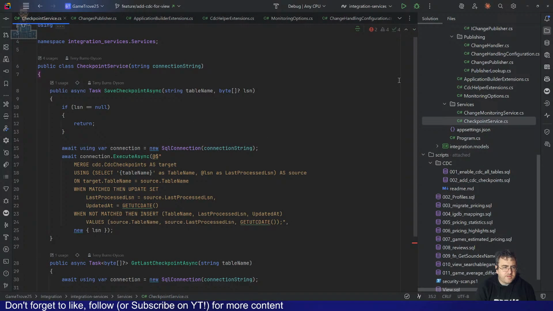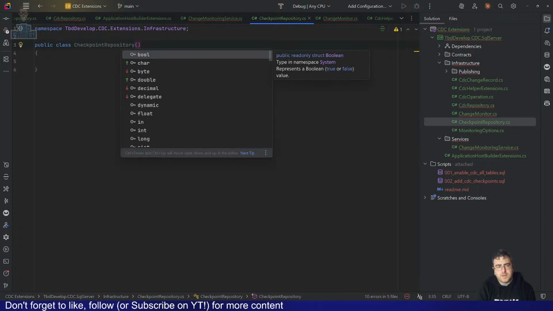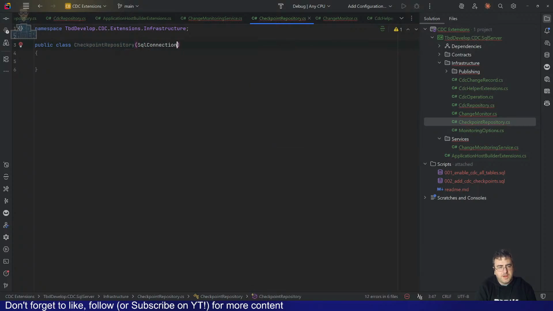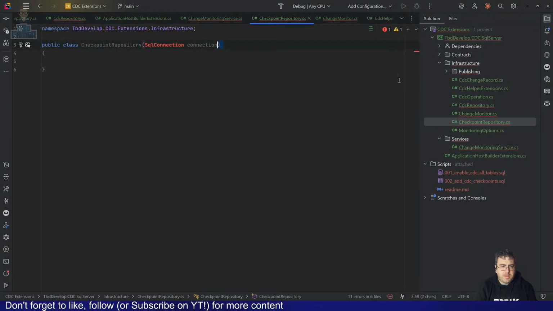Right, let's see how this feels. SQL connection. Problem with that style is